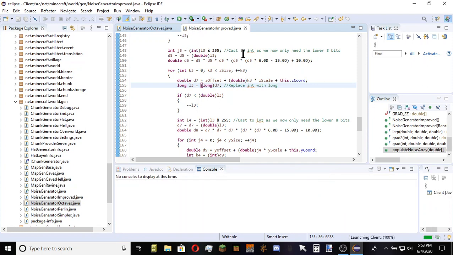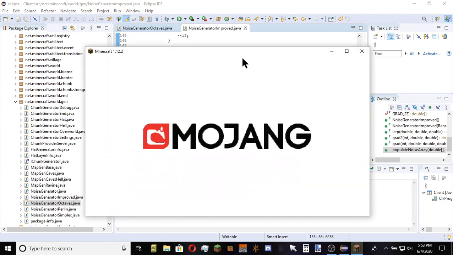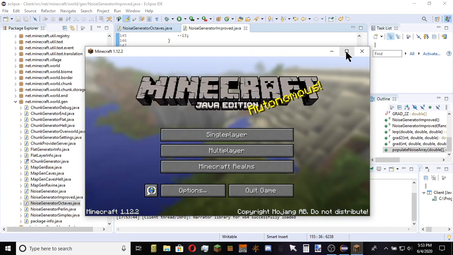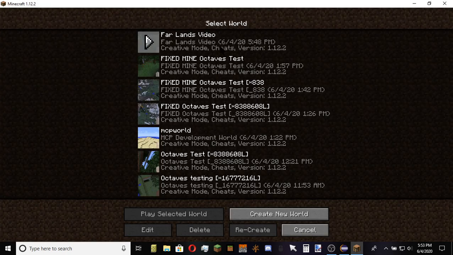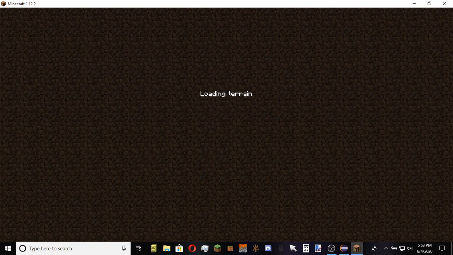So then if we go ahead and play this, with all these set to long, and then we're casting them back to ints after we logically AND them, we'll go ahead and start up the game. Okay, go into single player, and we go back to the world I was in. You'll notice Firelands, but that's because they were already generated at the beginning of the video,